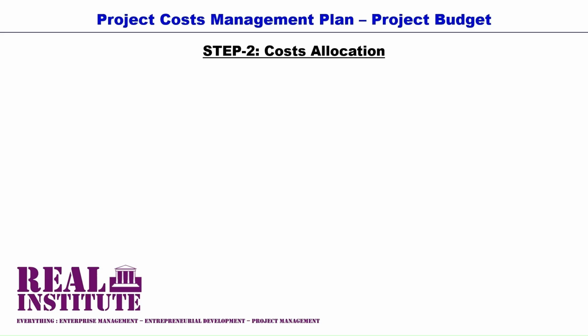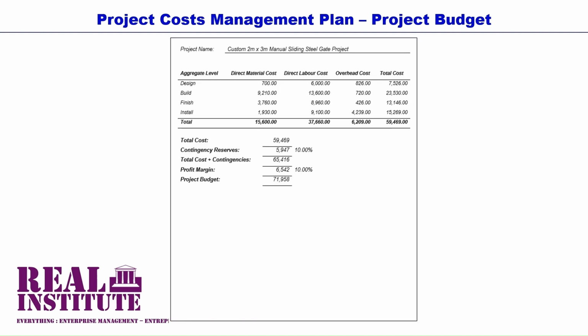Then once the costs have been allocated and totaled for all the project phases or milestones, the next step is simply to aggregate these subtotals to project total cost. The total cost of individual project milestones are in essence subtotals, and these subtotals should then be aggregated into the project total costs.